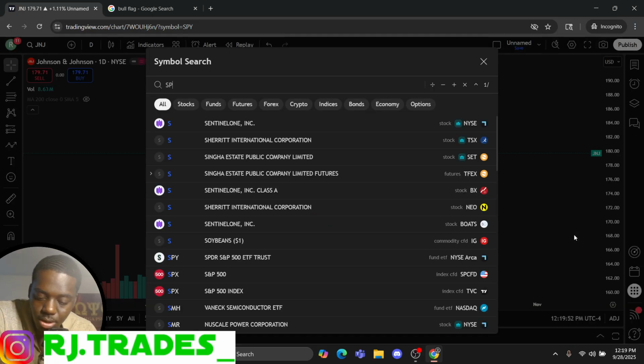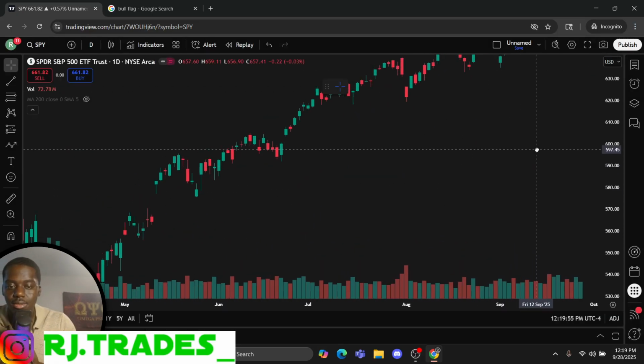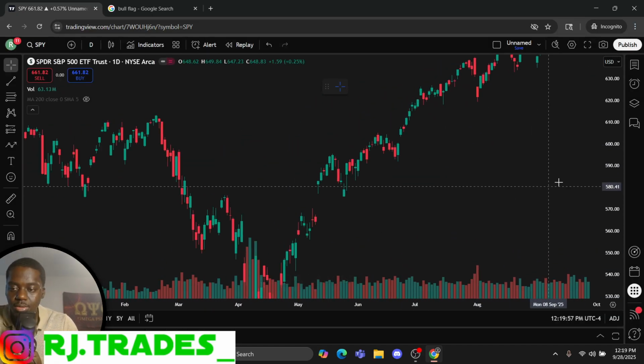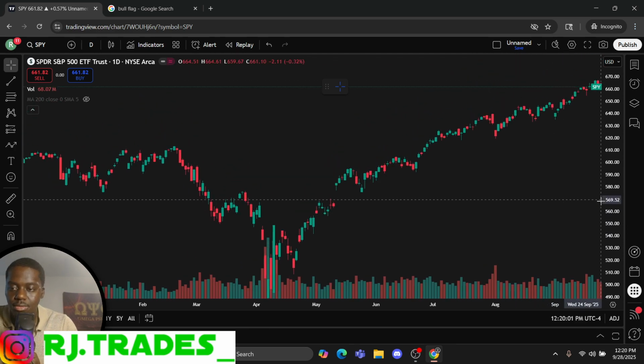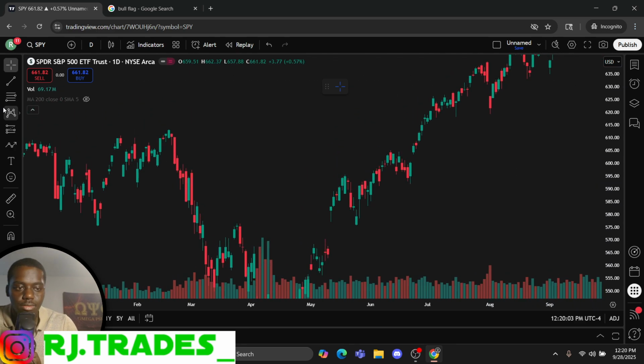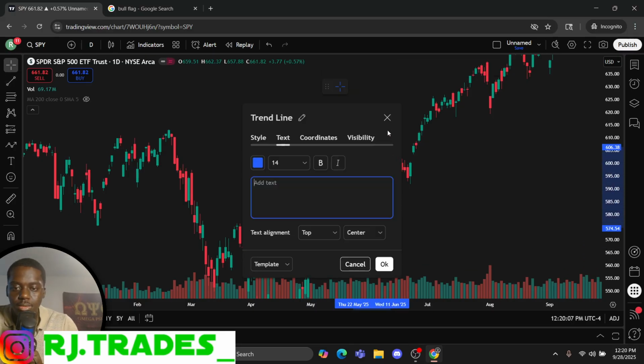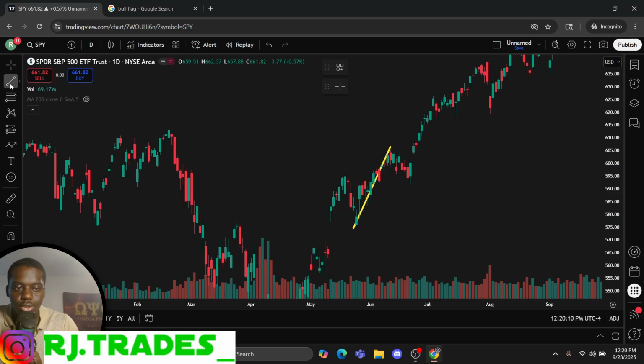What's another example? Here's another example. Here's SPY, right? Let me show you one on SPY that I played a long time ago at this point. SPY. Nice run up. Okay. Push up. You don't chase the push up. You wait on the pullback. Okay. It pulls back. It forms your flag right here.